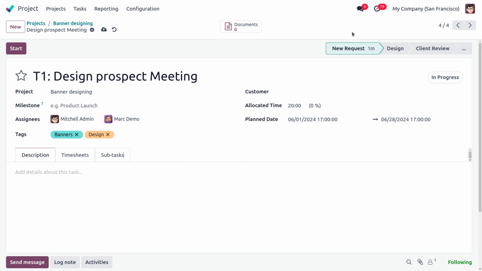And here you can see the current stage is new request, and you can find a time frame over here which defines how much time it has resided in this particular stage. So when looking at the timeline or time frame at each stage, we'll be able to identify how long this task is in this particular stage. So based on that, we can prioritize as well. The task can be prioritized. And you can define the